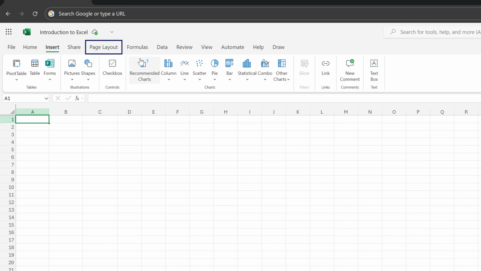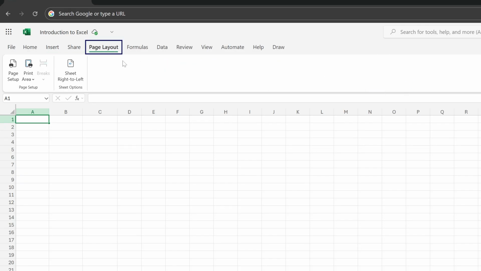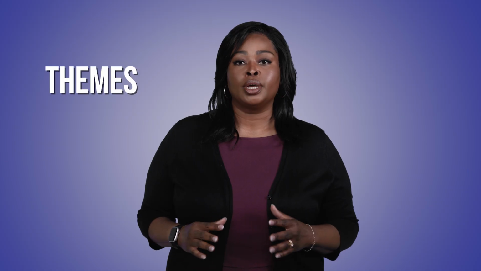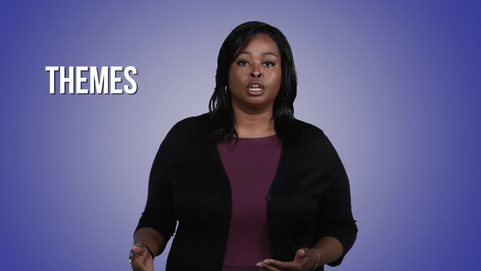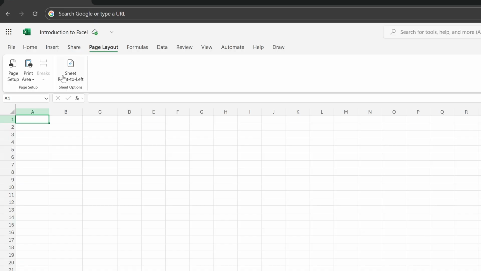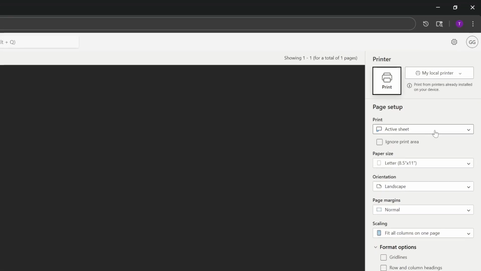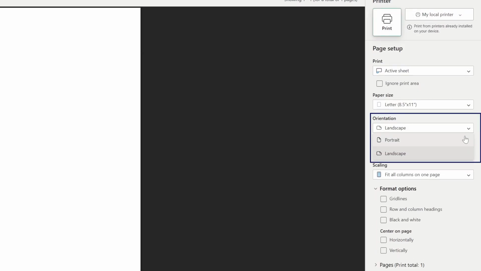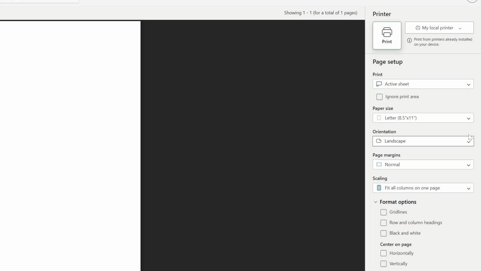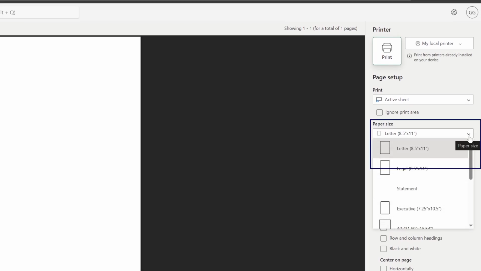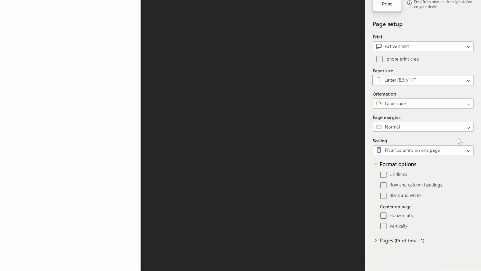The Page Layout tab includes settings that affect the entire worksheet, such as margins, paper size, and themes. In the Themes group, you can apply a cohesive look to your document using color palettes, font sets, and effects. Page Setup allows you to adjust the margins, choose a page orientation, portrait or landscape, set a paper size, and add a background image.